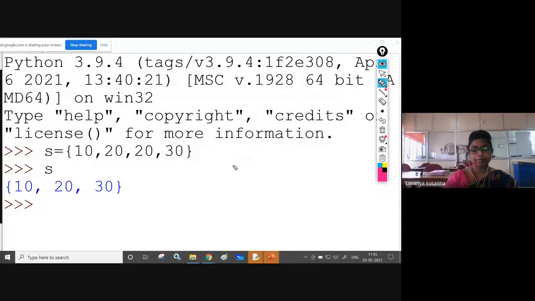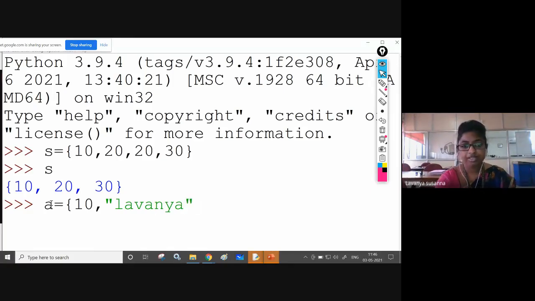Now let us see the membership operators. Some points I'm going to explain. See here, you know that it will not allow duplicate elements. Now, how am I defining another set? I am creating A equal to 10 comma, and then some string. I have given an integer and then I am giving a string, Lavanya, in double quotes. Okay, a string must be placed in double quotes only. Remember that.